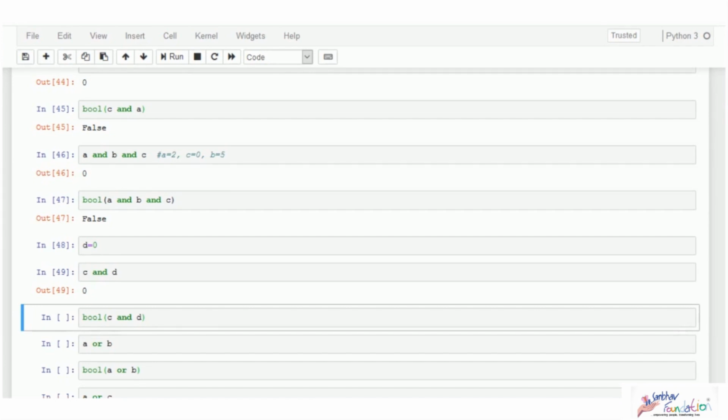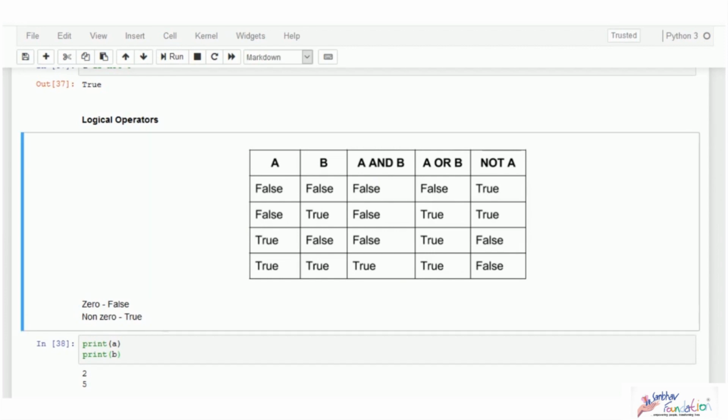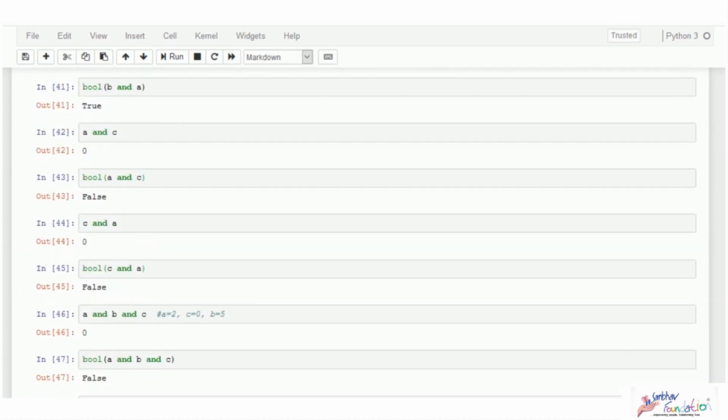If it sounds confusing, don't worry, just remember this particular table. See what conditions we get false, what conditions we get true for AND and OR. If you remember any one, the other is the opposite of this. So you can just remember either AND, or you can remember OR. It is better if you remember both, but you need to make sure you get this truth table right, and also remember this particular relation: 0 is considered as false and any non-zero is considered as true. As long as you are clear with these two and the truth table, you can evaluate any logical expression.